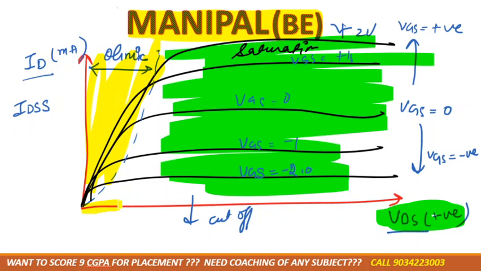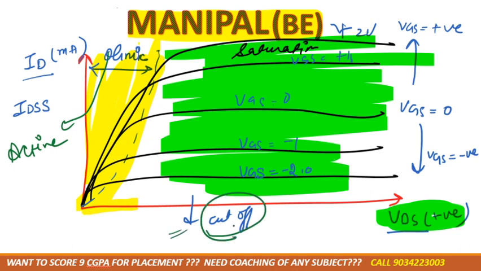Because if we are providing voltage, current also increases. So this is basically the active region. Here we are not providing voltage, we are not getting the current, that is the cutoff region. So basically it depends on three things: VDS, VGS and current. OK,